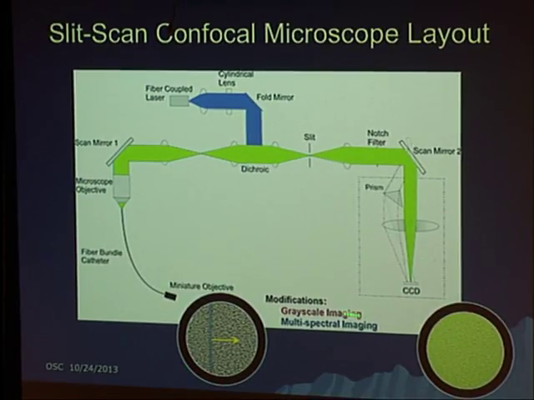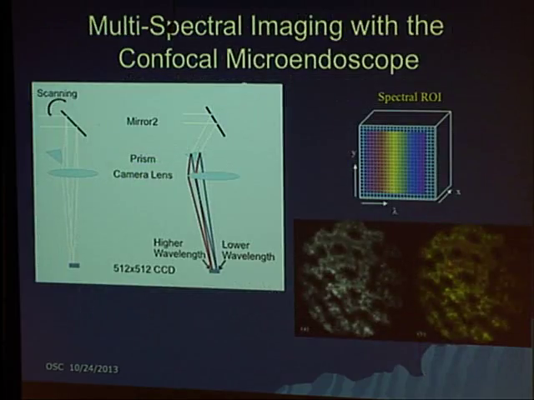This system also has a multispectral capability. This system almost naturally begs as a spectrometer, right? Here you've got a slit coming into a system with information along the slit, but you could also disperse the light and get spectral information. So by scanning the mirror, this is the grayscale mode of operation. This mirror scans in synchrony with the other scan mirror and builds up a 2D image. You read it out on the camera at 30 frames a second and get a real-time view of what's happening.